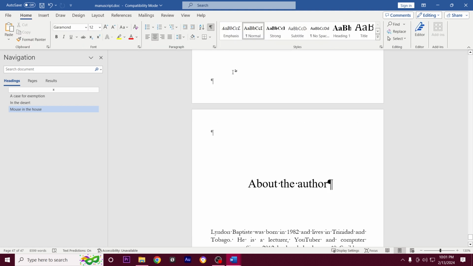In the next lesson, we are going to review our document, verifying things like the justification, the margins, the spacing,